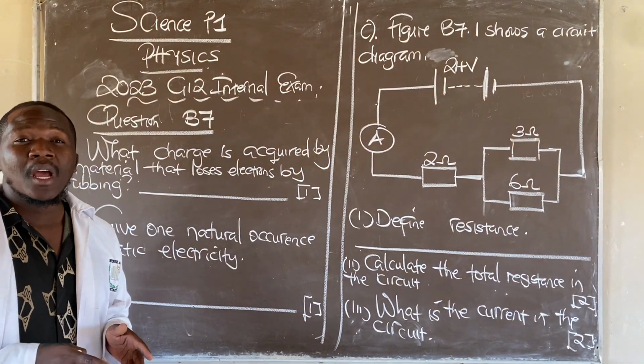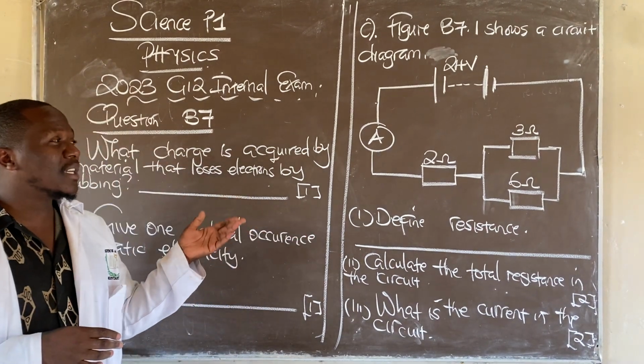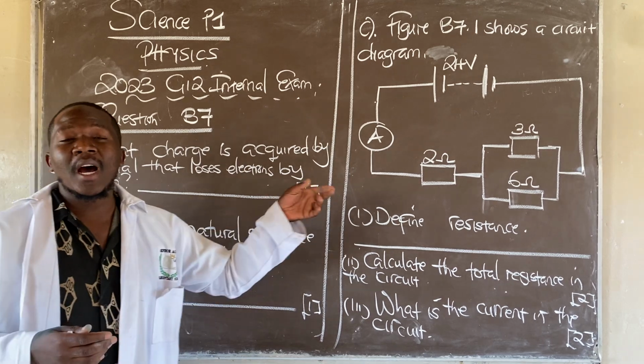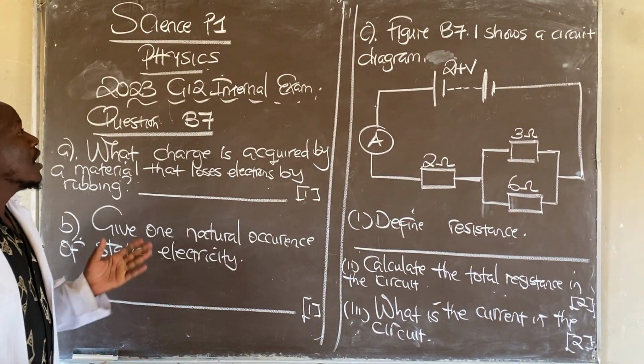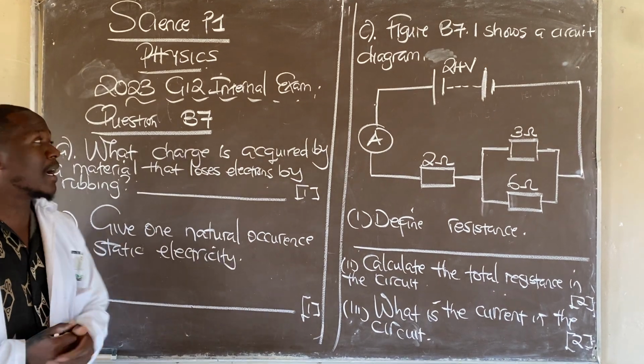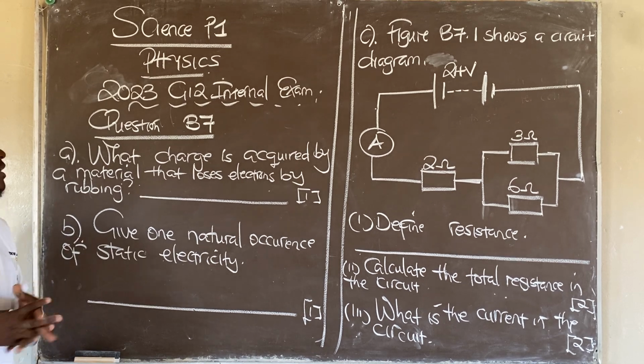In today's brief tutorial, we are simply going to talk about a topic in physics, particularly science paper 1, which is going to be from section B. We're going to talk about electricity, as we can rightly observe, an electric circuit. We're going to use a 2023 grade 12 November internal exam, question 7, and on A, the question says, what